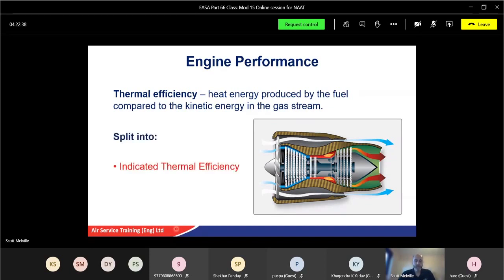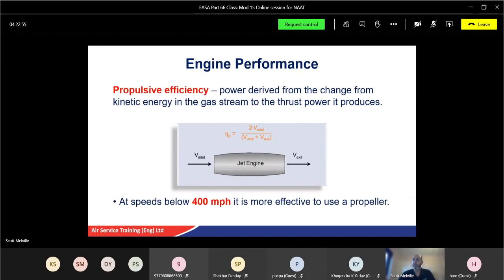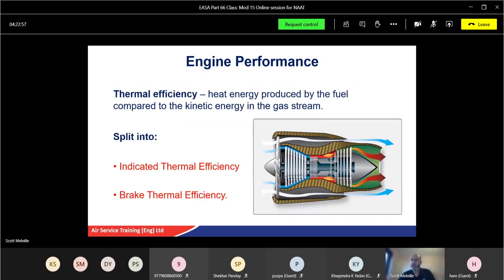It breaks into indicated thermal efficiency and brake thermal efficiency. Okay, so indicated thermal efficiency, that's the theoretical thermal efficiency of what would be that of the actual engine. The brake is what's left, so we'll speak into that. All right, so let's say indicated,